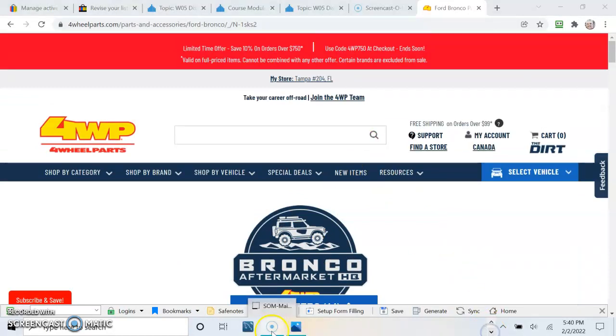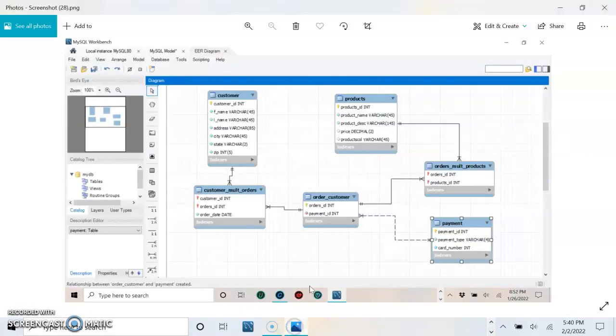So for the ERD, I basically made a few entities: customer, products, and orders and payments. As you can see, there is a many-to-many relationship with customers and orders. So a customer can certainly have many different orders, and some of the attributes in my customer entity are